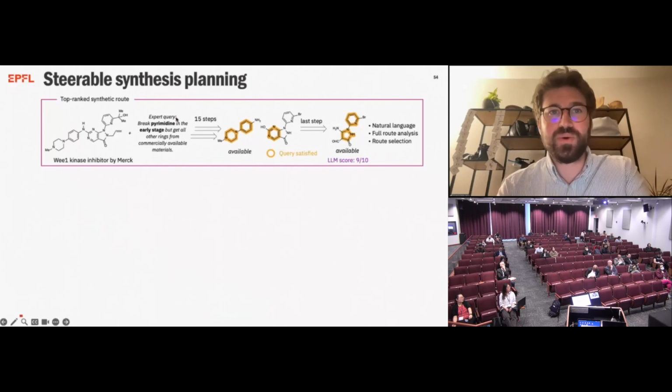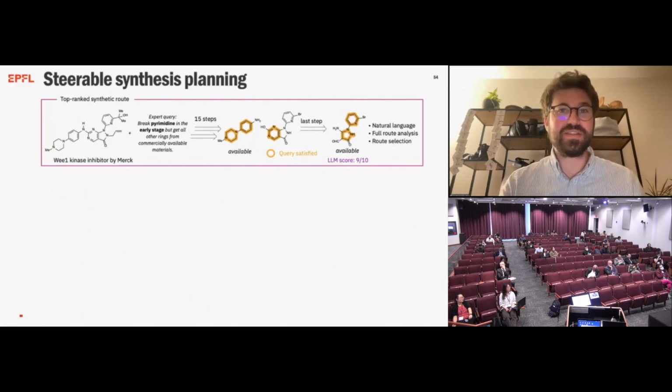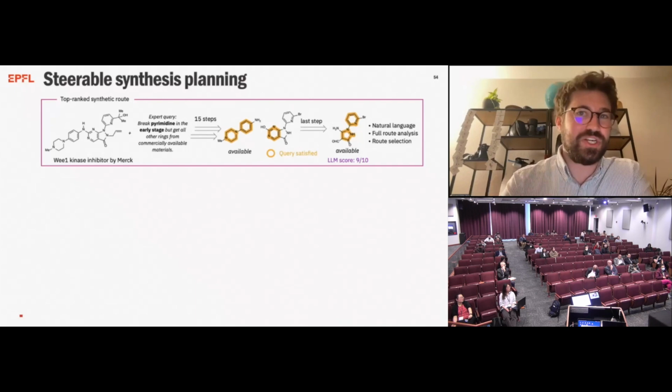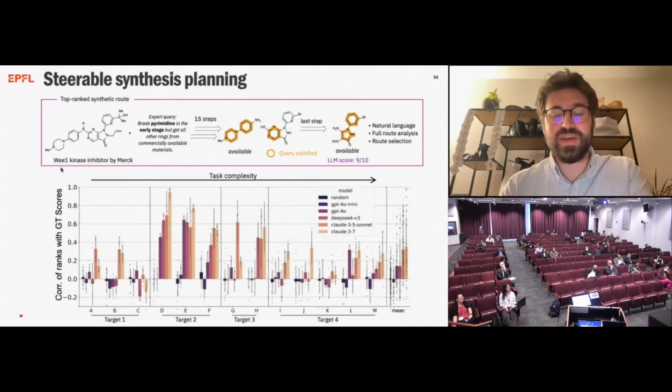model is able to analyze a synthesis route of 15 or 20 steps, and then using a natural language query is able to give it a score for how well the suggestion actually aligns with that query. And for this, we developed a new benchmark, and we see that particularly the Claude models and also DeepSeek perform reasonably well on